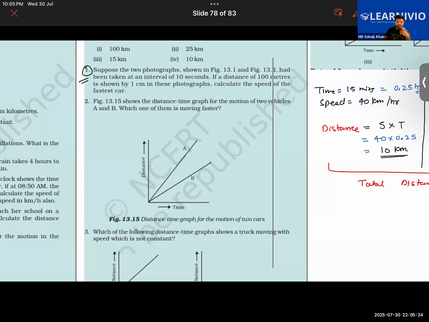No, Ali, sir, it's not there. Yeah, it is the picture, but